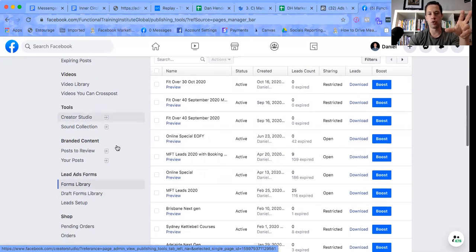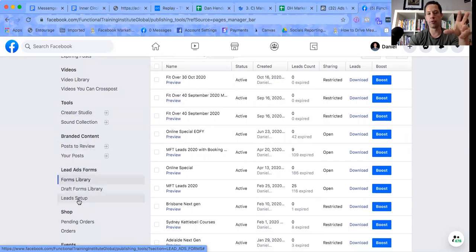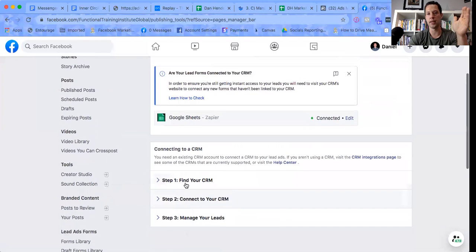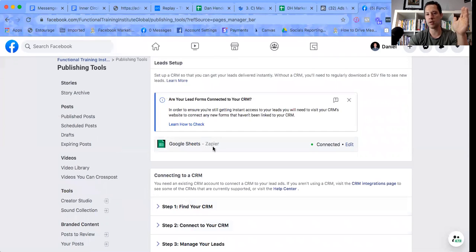I don't want to do that, all right? And so I would recommend you use this new function here, which is called lead setup. It will immediately tie it to your CRM. All right, so we use a thing called Zapier. You can see it here, all right, as you go through, and it zaps the leads into our relevant CRM